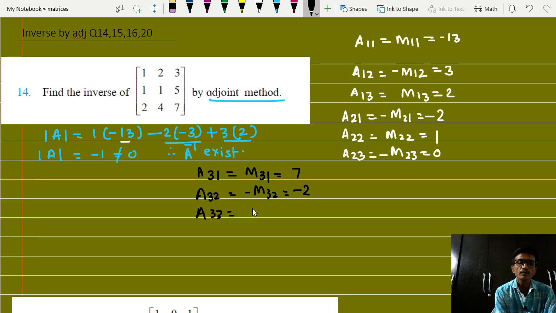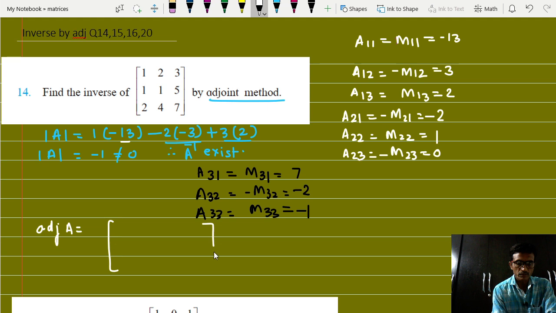is equal to m33 which is थर्ड रो थर्ड कॉलम तो ये रिमेनिंग एलिमेंट्स है 1 2 1 1, so that is 1 minus 2 minus 1, so thus we are getting all cofactors. इसके बाद हमको adjoint लिखना है, so we will be writing here adjoint of matrix, so what is the adjoint of A? Adjoint of A is equal to transpose of the matrix of cofactors,